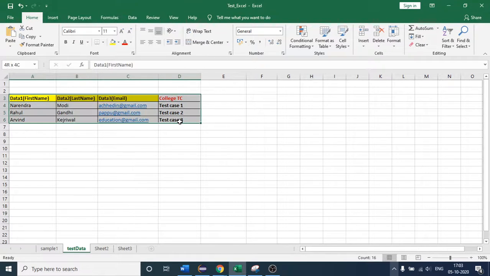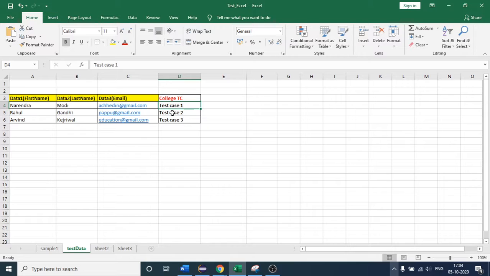As of now we are not working with a URL, but see, some data is written on my screen. I've already created it to save time. This is the college test case. Here we have three test cases: test case one, test case two, and this is my third test case. This is data one for test case one, which is Narendra, and you can see data two here as well. In data three, I just provided one email ID. These are the three students in this college, suppose the college name is anything. So we have three test cases.